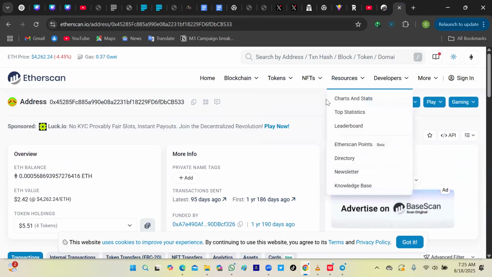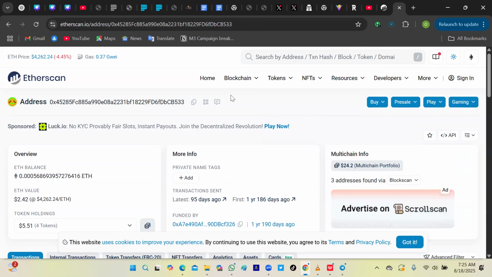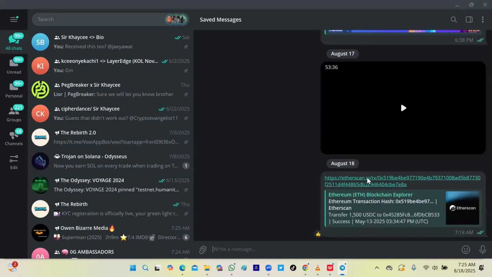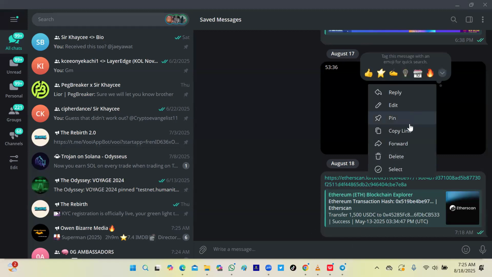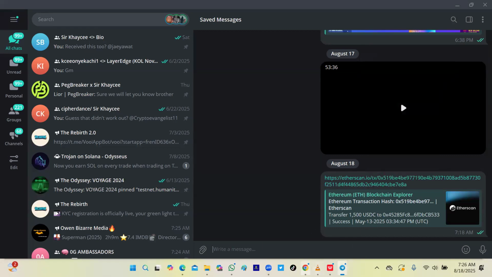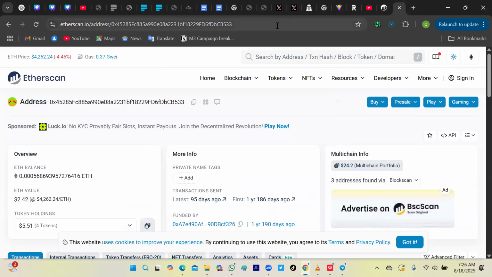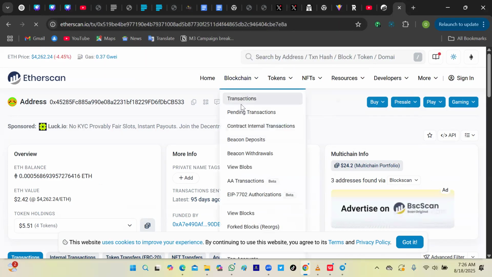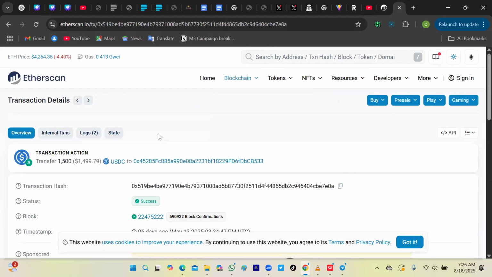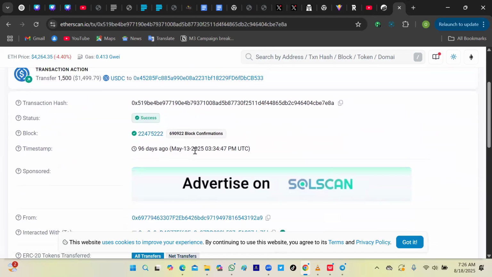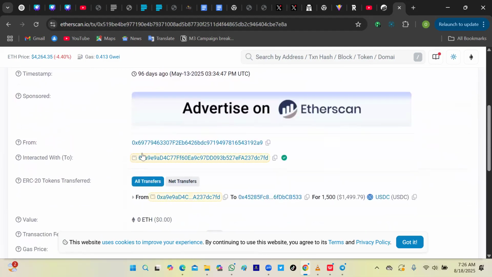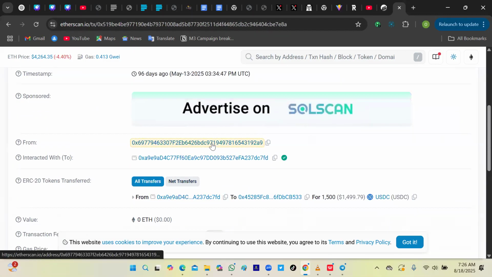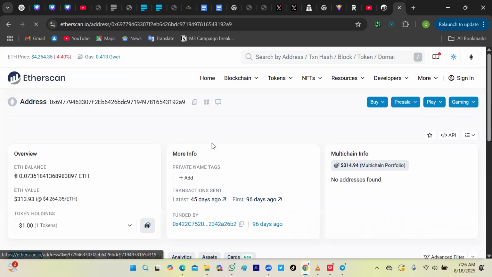Let's go back to that. I wanted to just quickly show you something. So I came back to copy this and I'm going to drop it here. So back to that transaction. Now, if this is the Dev's wallet, the guy that sent me the money, if I click on it,